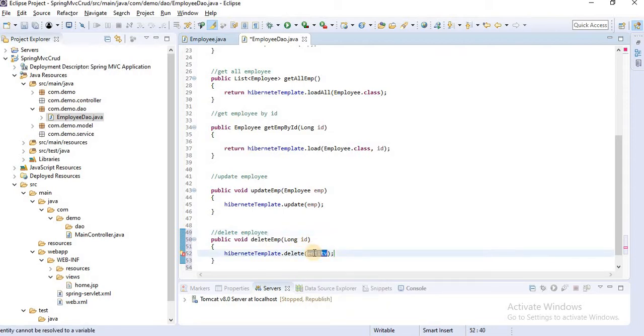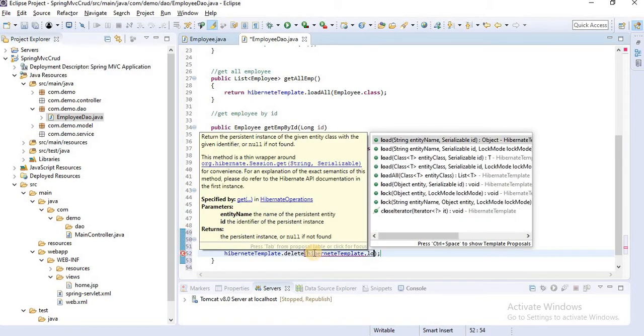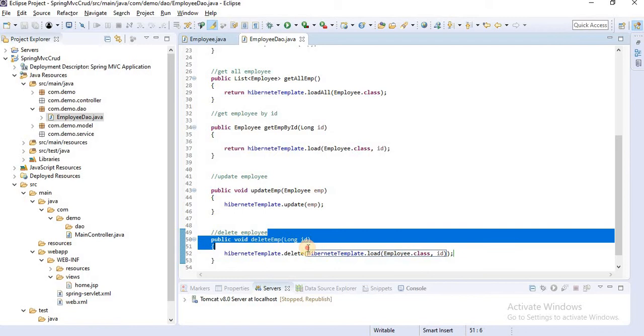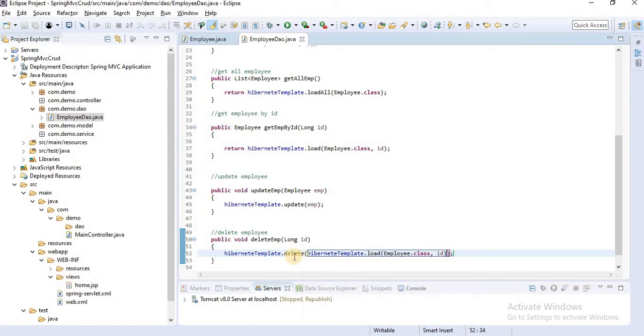In that case we can first fetch the entity using hibernateTemplate.load with Employee.class and the ID. This method is responsible for loading the particular employee record. So first we load that record and pass that object inside delete. We can define it here also, but I'll use a shortcut.